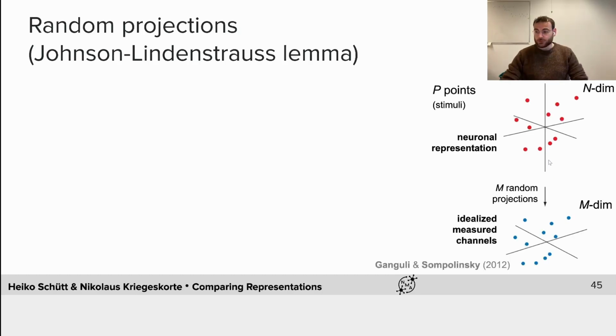And the third and last point I want to make is that distances are nicely preserved under random projections. This is known as the Johnson-Lindenstrauss lemma. So the idea is our neuronal representations live in a very, very high dimensional space, both for deep neural networks and in the brain. And we will often take a random projection down into much fewer measurements. For neuroscience, this is something like an idealized idea of what fMRI or EEG and so on might do. For deep neural networks, it's more of an idea that we can effectively reduce the dimensionality of those representations substantially without changing the distances too much.